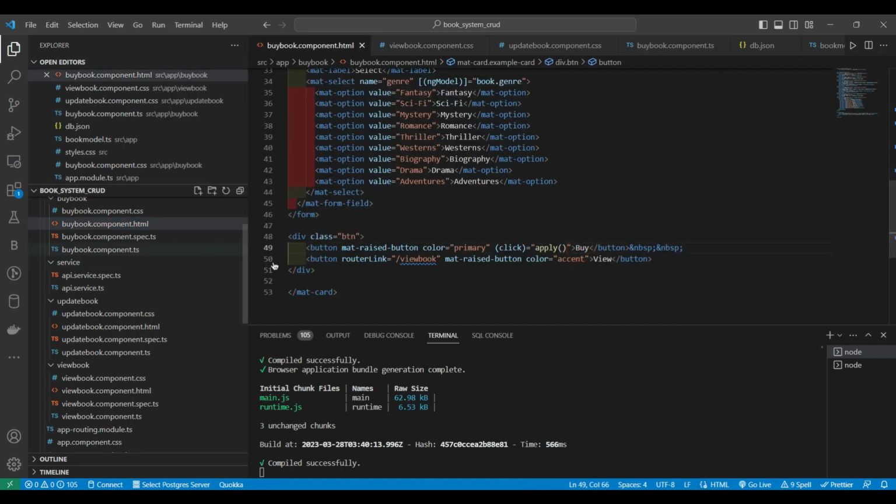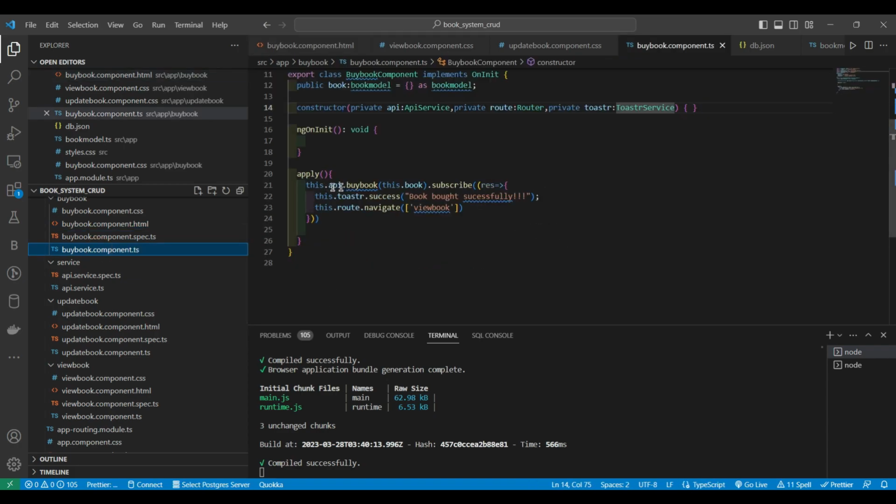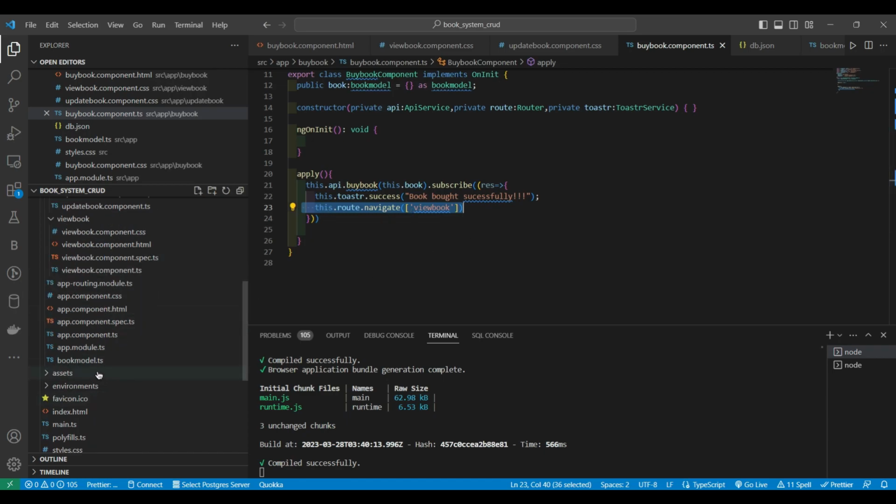Okay, for buying the book we are given this apply method, no? On clicking that apply button, it should call this buy book service, and it should subscribe to the service. Once it is successful, it should show me this toaster message, and then navigate me to the view book page. And also in services,